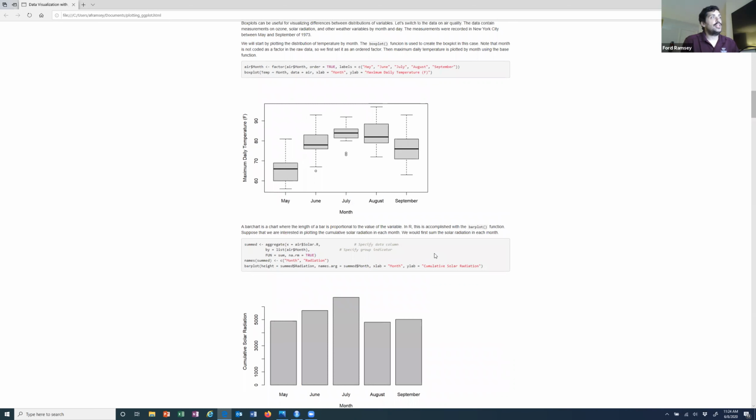Another type of common plot is a bar chart. A bar chart, of course, is just a chart where the length of the bar is proportional to the value of the variable. In R, that's accomplished with the barplot function in base R. So for instance, we might be interested in cumulative radiation in each month. So we will have the month, and then we'll have a single value for the sum of the radiation in that month. So this code first sums the radiation in each month with aggregate,